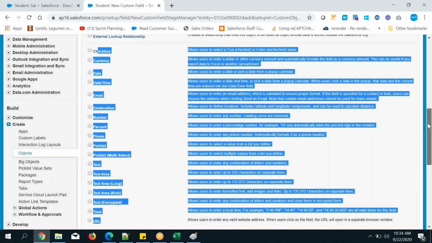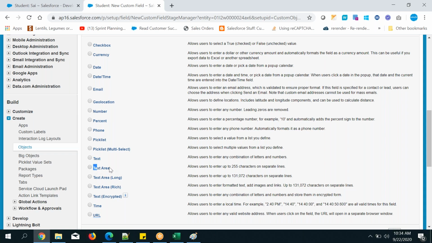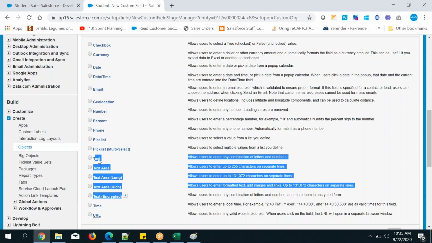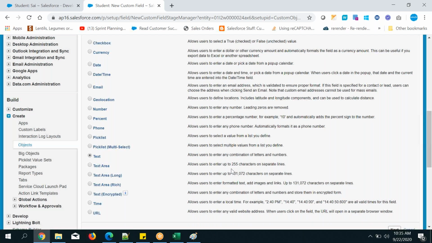Below the pick list multi select, there is a text field. Exactly. With the text there is text area, rich. So 5 are there with the text. Okay, let's go to text. Click on this one. Select the text and next.